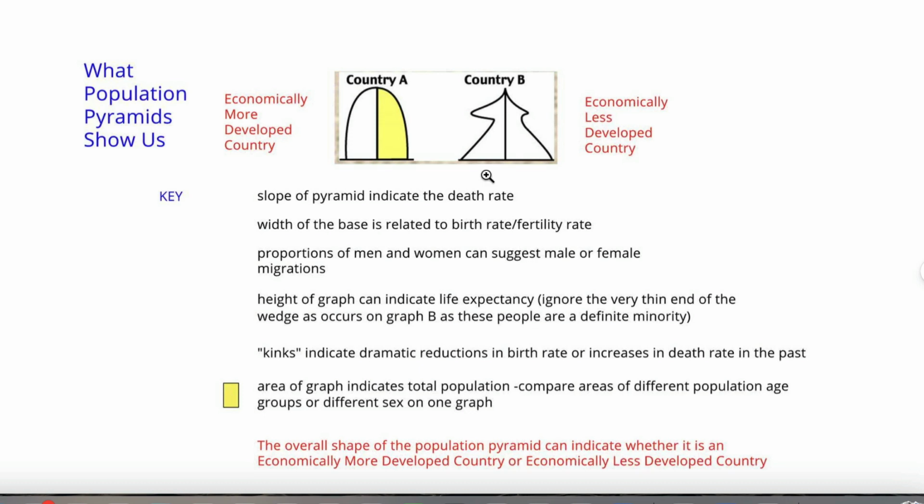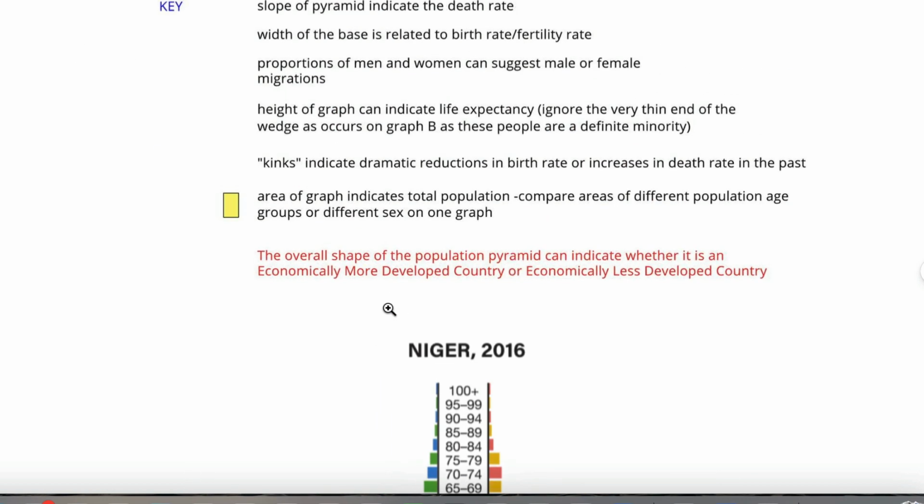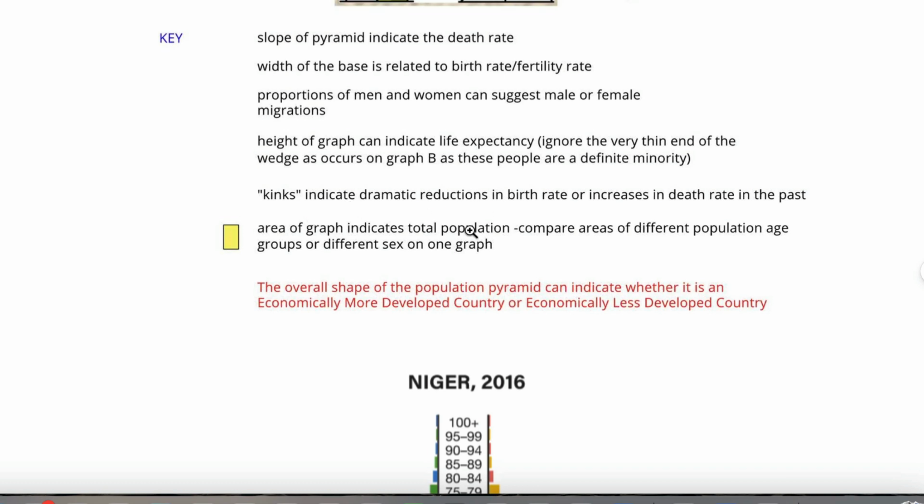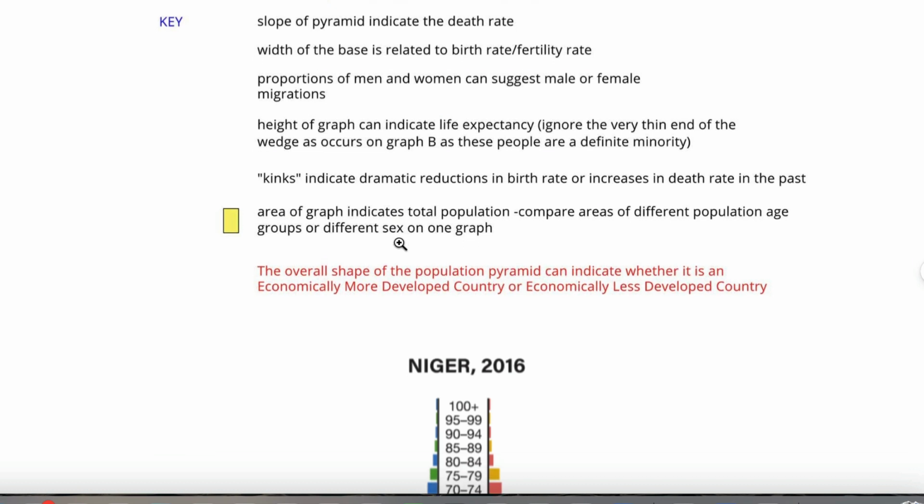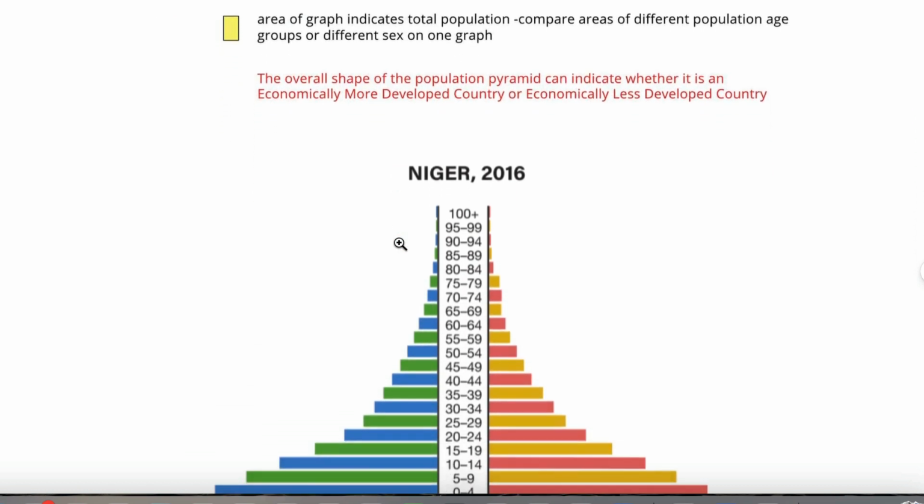So anytime you see, like I said, a wide base that narrows towards the top, that's going to be less economically developed. If it looks more rectangular, they're going to be more economically developed. Now, kinks usually represent something that happened, like a war. There's usually some big historical event that you can pin for that. So let's look at Niger